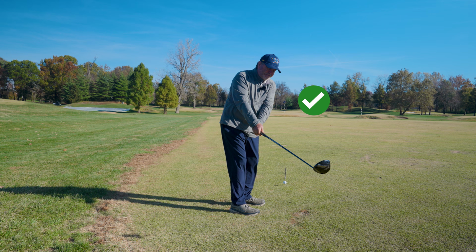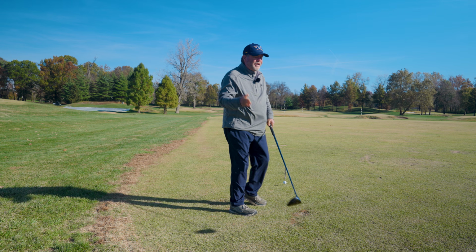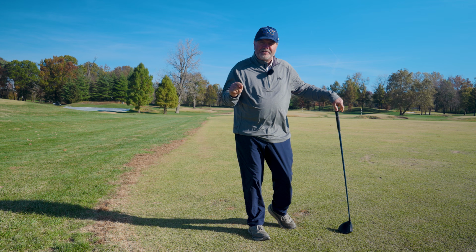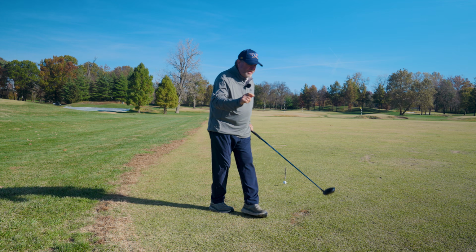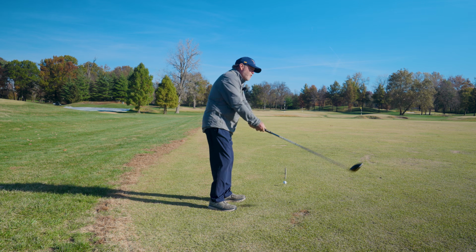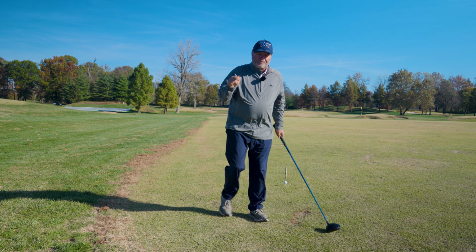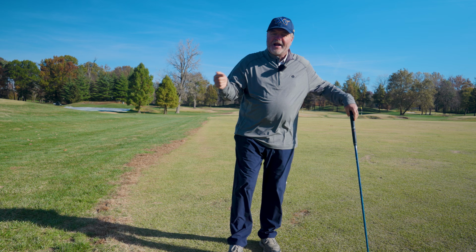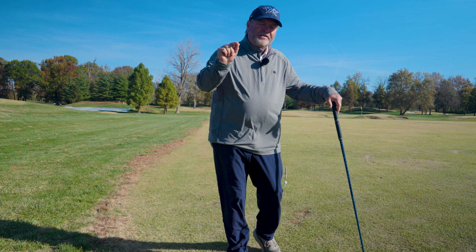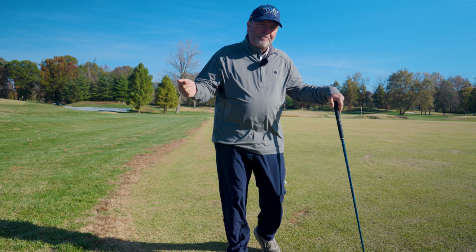in the backswing. Once I do this, that club is behind me, and it's almost impossible for it to ever catch up in the short amount of time it takes to impact. The only chance a player has from this position is to come over the top this way, trying to get the club head back in front of them. So most people think that the over the top or the outside in path is the cause of their slice, but it's usually the backswing that's the cause of the slice, and the over the top is just a symptom